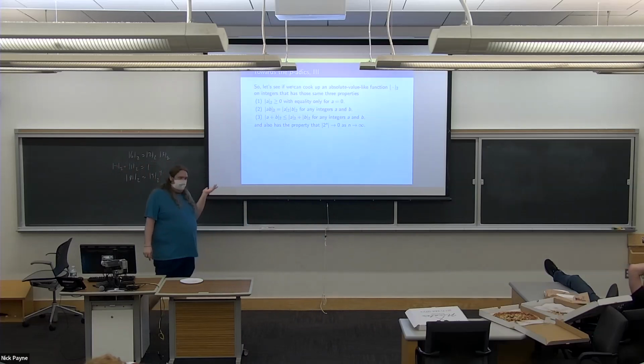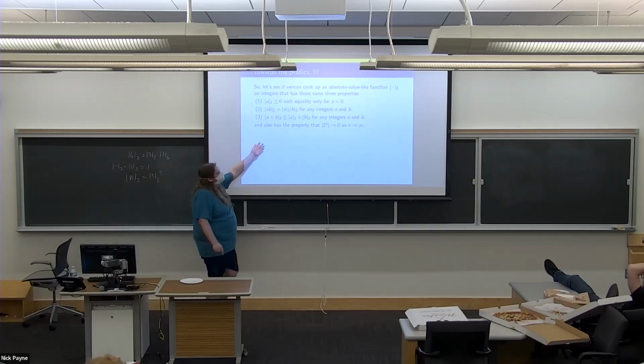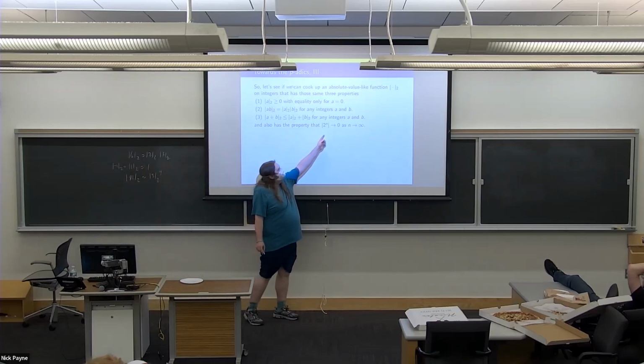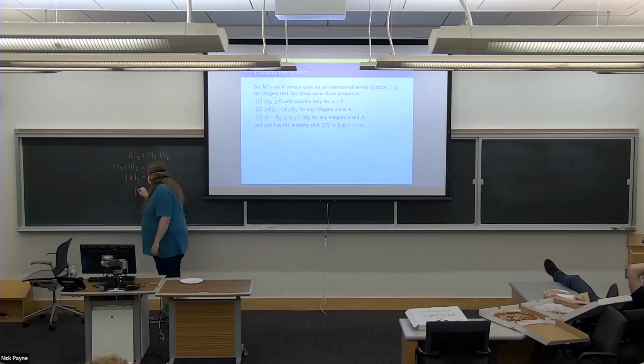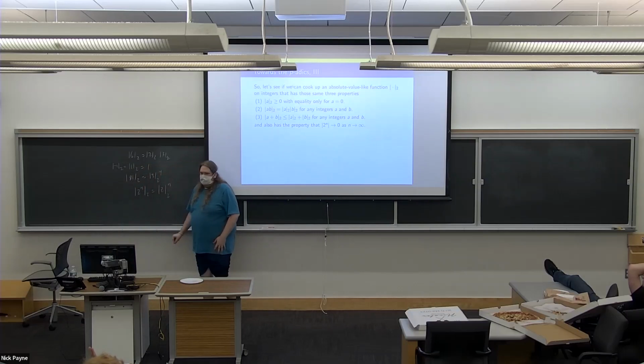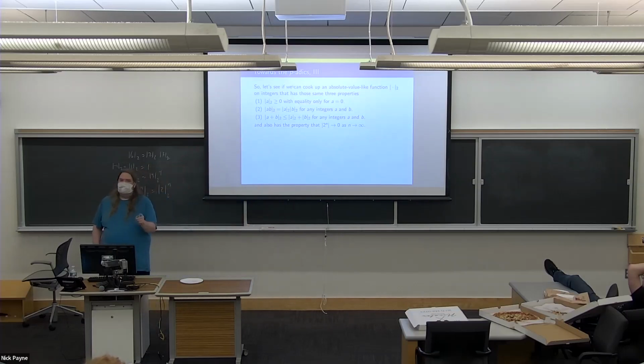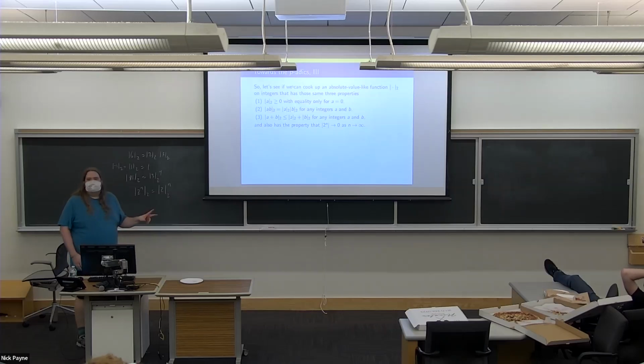So what should I do on the primes? Well, what's the first prime? 2. What should I take the absolute value of 2 as? Remember, I want this to go to 0. So what would be a good choice? Something less than 1, right? Because the absolute value of 2 to the n would be the absolute value of 2 to the n. And if I want that to go to 0, something less than 1. Okay, 1 over the absolute value. Well, if I did 1 over the absolute value, it turns out not to satisfy the triangle inequality. Yeah, it's a good try. I like it, but no, it doesn't work. So, sadly, it's just not quite so simple.